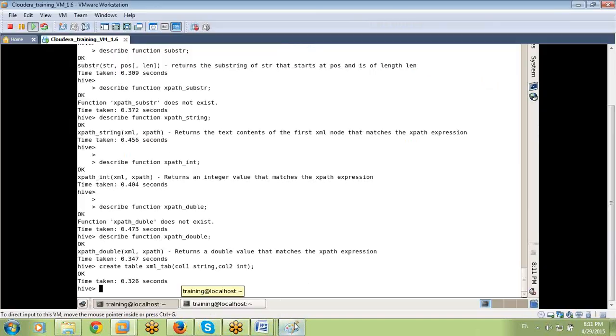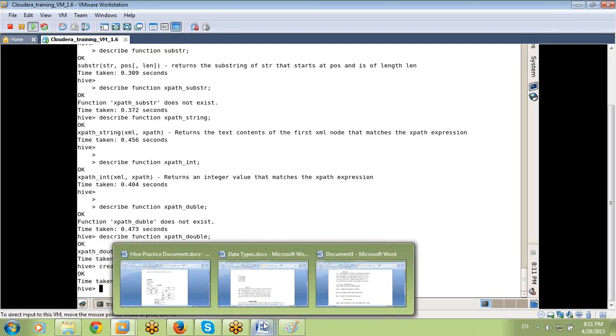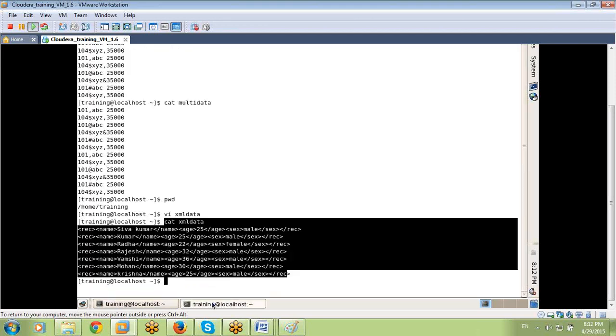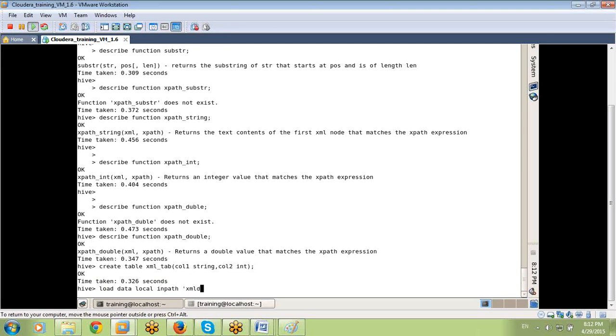The syntax is there, you can refer to it. Starting is a little bit difficult with the syntax, but later you can refer to it. Load data local inpath, local file name. What is the local file name? XML data. Into table, table name, XML tab. Enter.